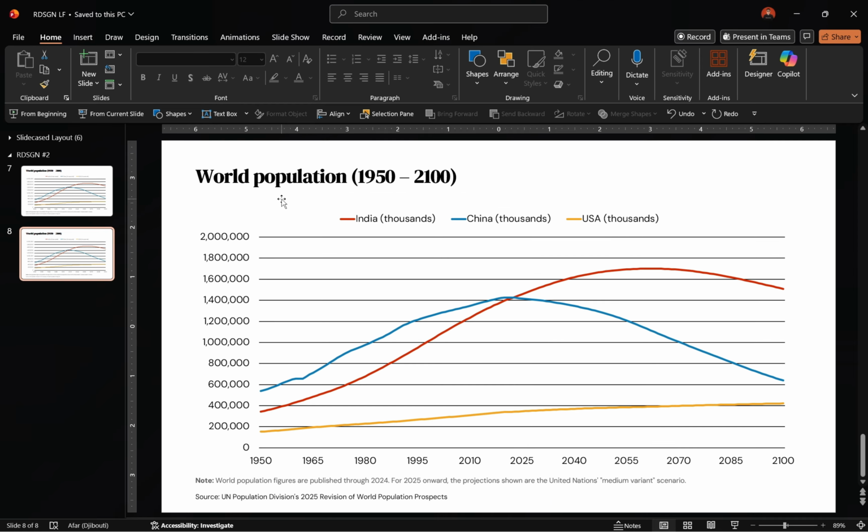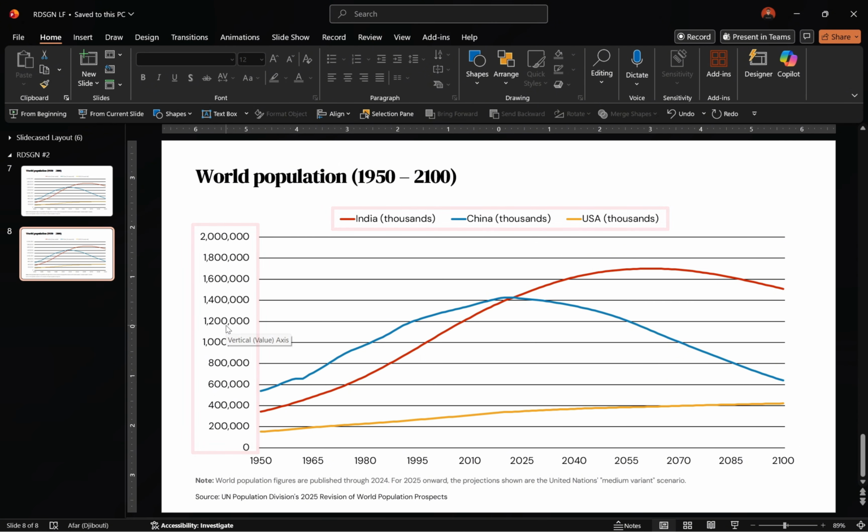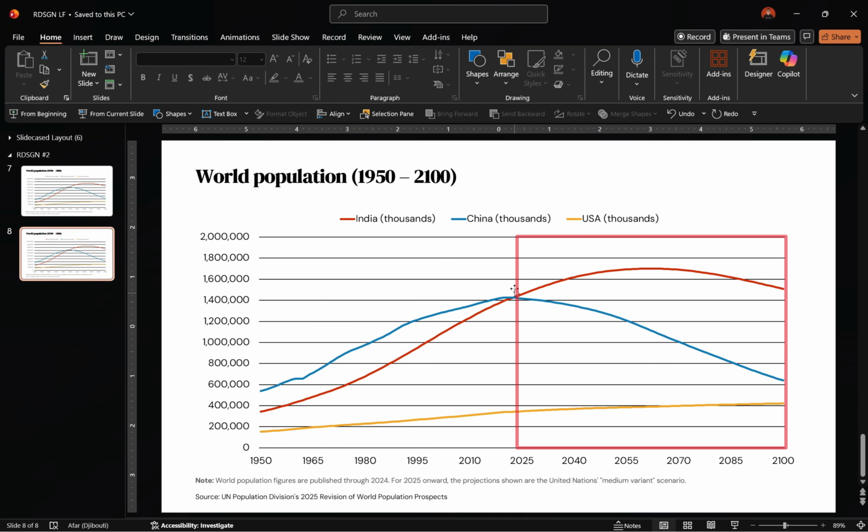Now, the main issue with this slide is that it's just a data dump, and a badly formatted one at that. Looking at the y-axis, we can see that the chart uses complicated units with too many increments, making interpretation cognitively demanding. Additionally, the source note indicates the slide presents actual data alongside forecasted projections starting from 2025. But there's no clear demarcation in the plot area, meaning trends could be easily misinterpreted. As a large portion of the data consists of projections, we can also limit the horizontal axis to just